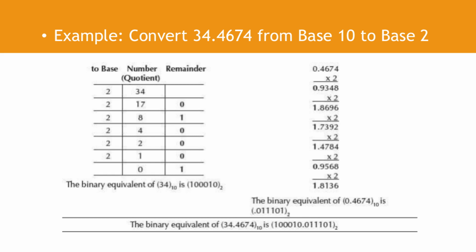So next, multiplying 1.4784, we get 0.9568. Why? Because when you multiply 2 by 1.47, you have 2.8 something. But remember, 2 in base 2 is 0. That's the reason why we are having 0.9568. Multiplying it by 2, we have